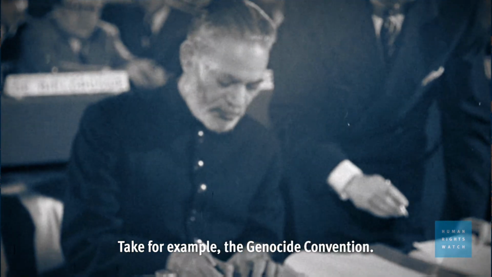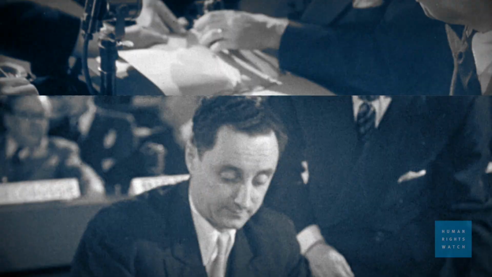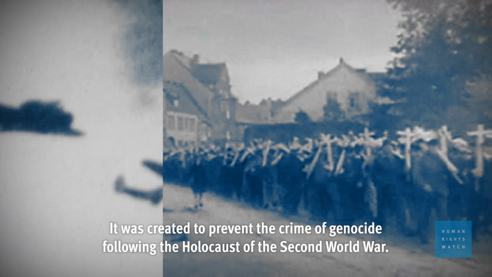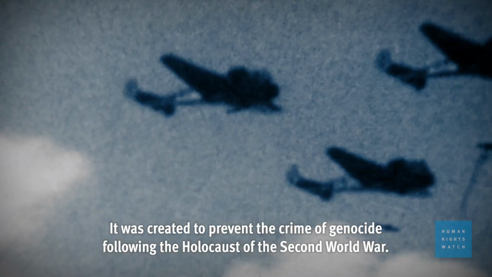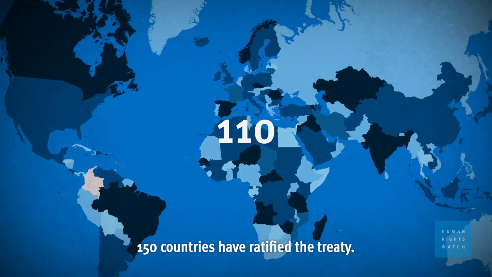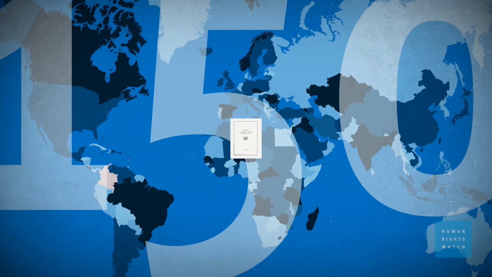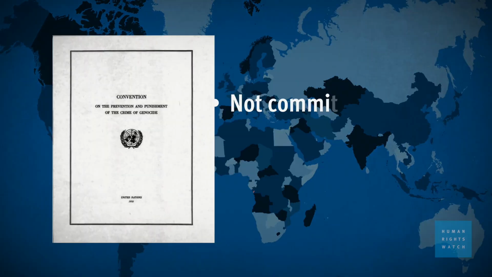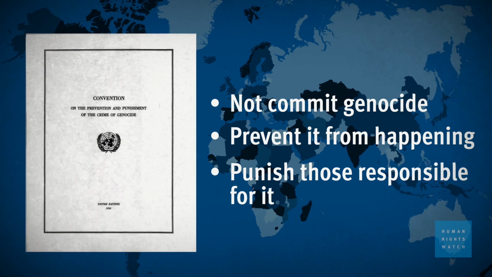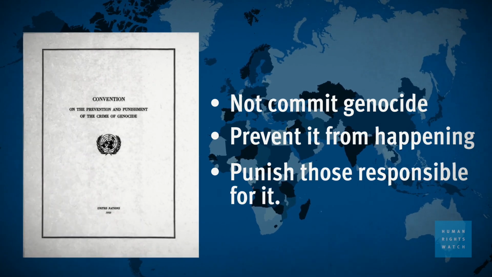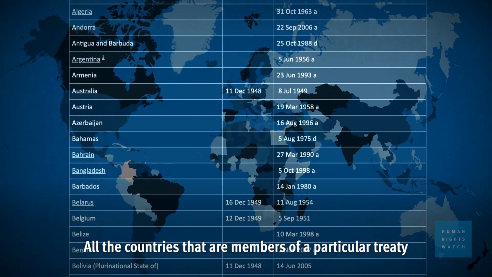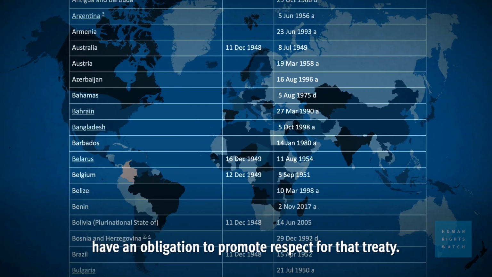Take, for example, the Genocide Convention. This was the first ever human rights treaty. It was created to prevent the crime of genocide following the Holocaust of the Second World War. 150 countries have ratified the treaty. This means that they agreed not to commit genocide, to prevent it from happening, and to punish government officials and others responsible for genocide. All the countries that are members of a particular treaty have an obligation to promote respect